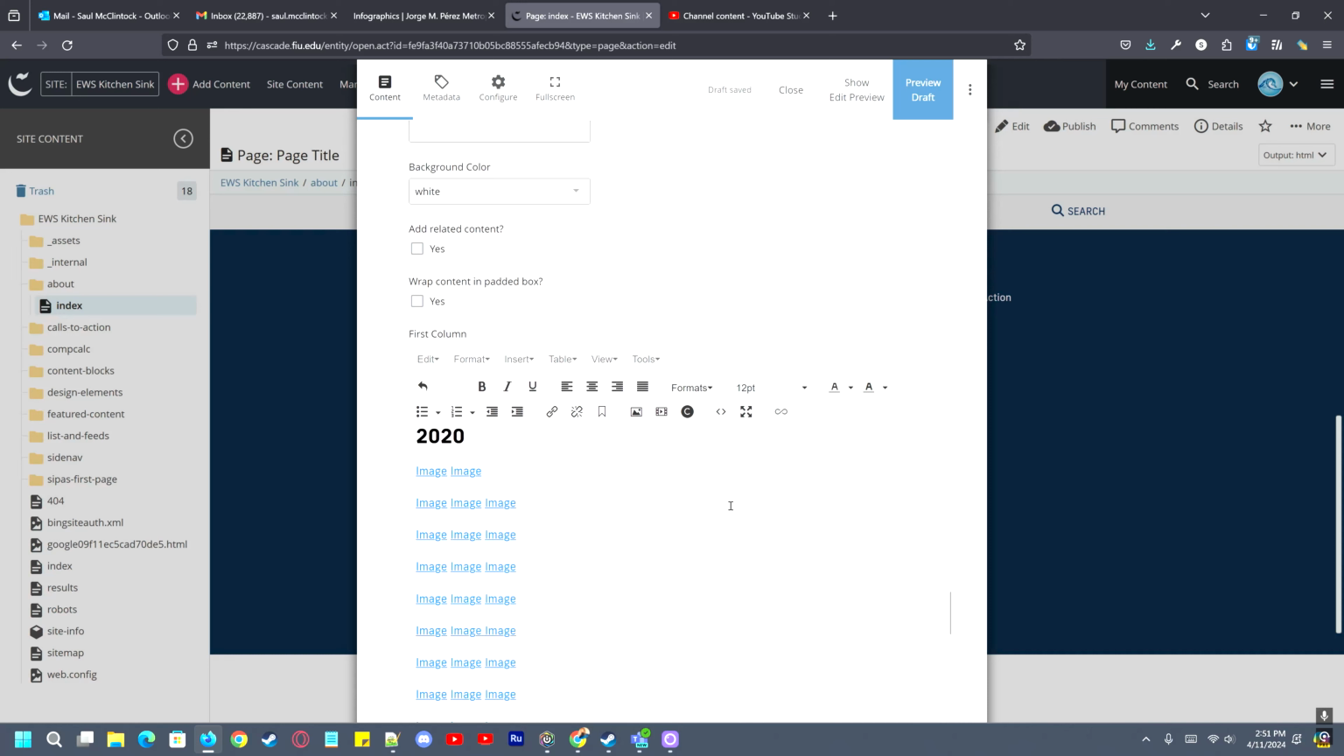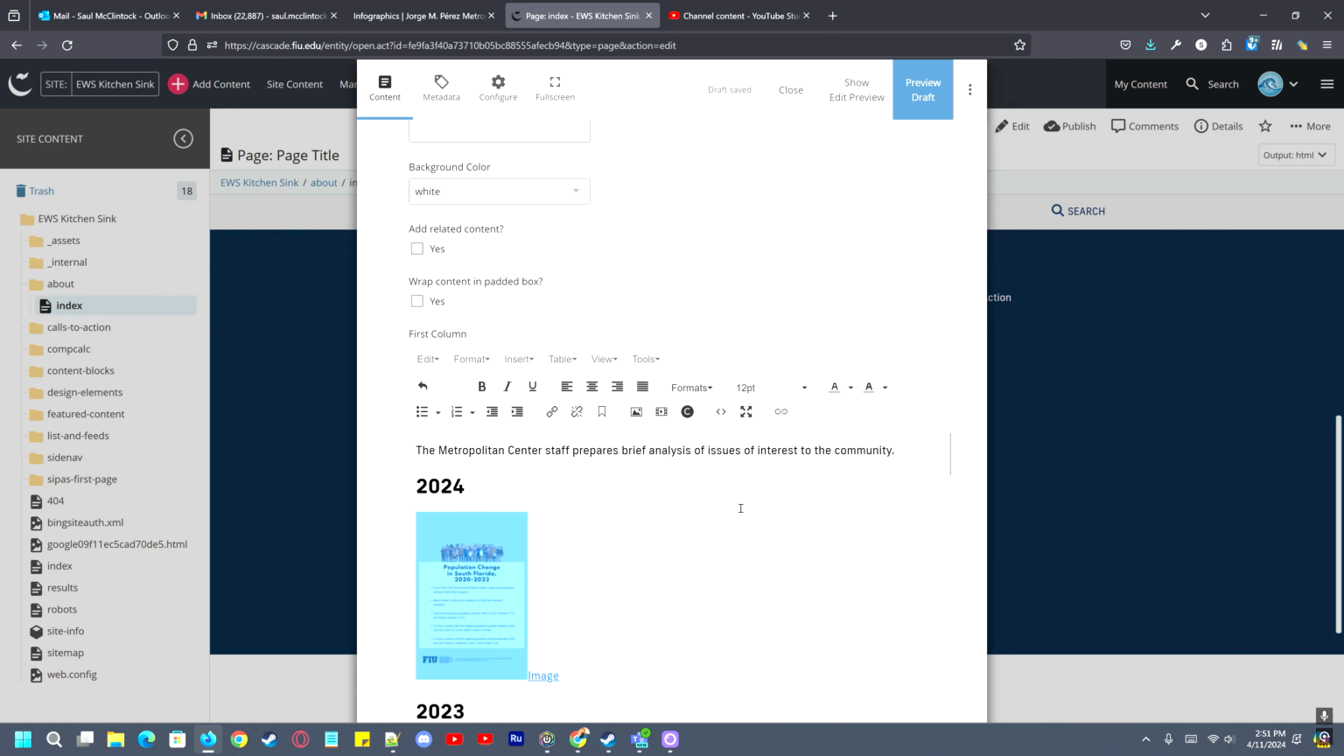You would just repeat that process for these, and basically you could do that page in probably an hour tops. Anyway, that's what I recommend to quickly migrate